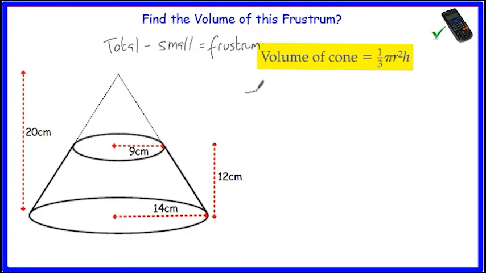So you get the total cone. We're doing volume. The total is 1/3 pi r squared, r is 14 squared. The height of the total cone is 20, which is equal to